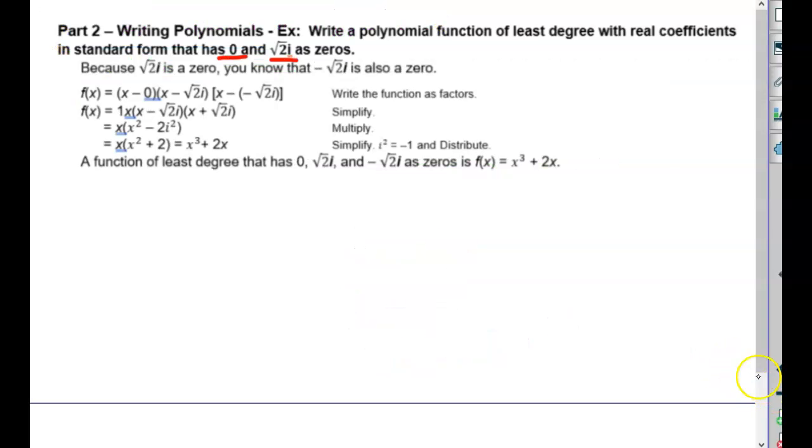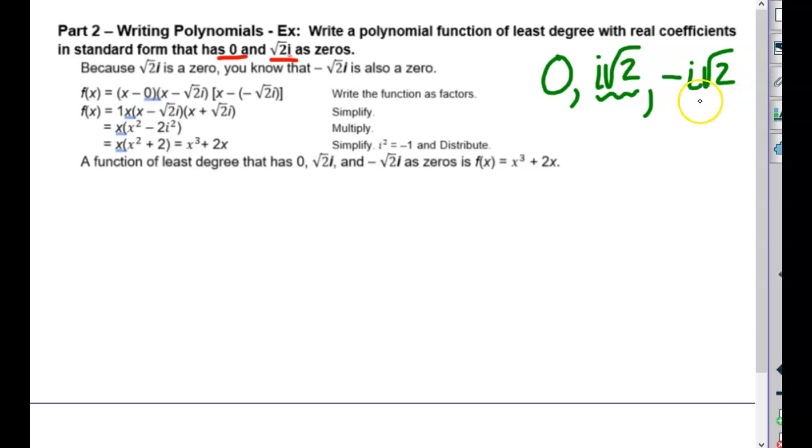All right. So this one says, and this is what you will have to do on the quiz, write a polynomial function of least degree with real coefficients in standard form that has 0 and 2i, square root of 2, times i as zeros. So they're telling us there's a 0 at 0, and there's one at i square root of 2. I'm going to put the i out front so it's less confusing. If this is true, you are to know that there also has to be one at negative i square root